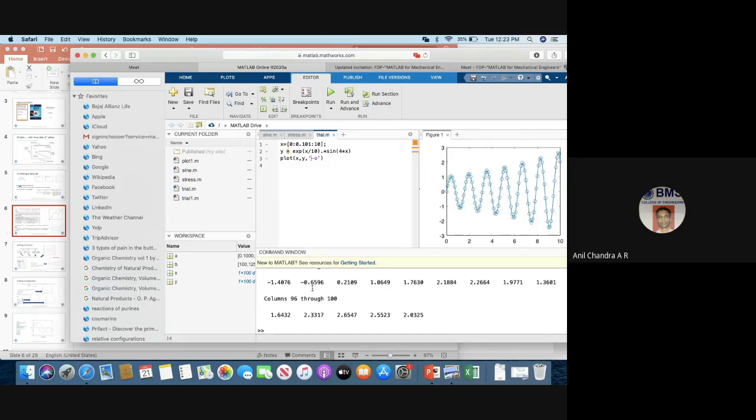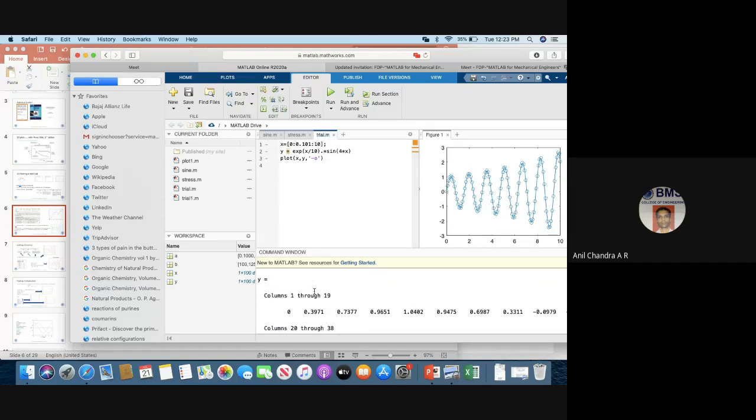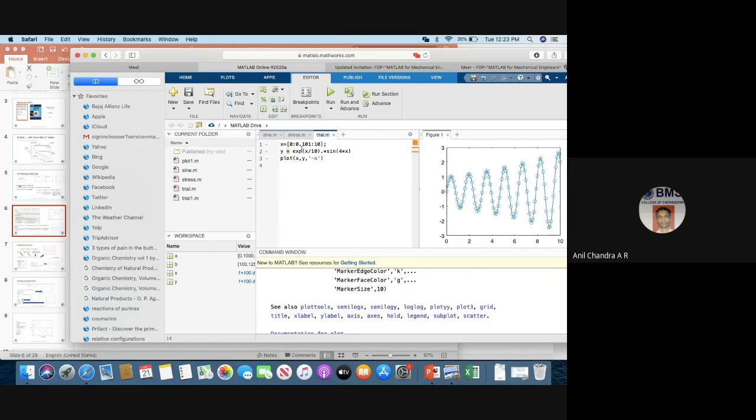So this command window gives you the answers of all y values for the x values that you have input. So there is no way that the dimension of y will not match the x in this case. Instead of manually entering y values, you better look out for an expression that will link x. That is the easiest way. Otherwise, if the dimensions do not match, it will give you an error. So this is another way of plotting.